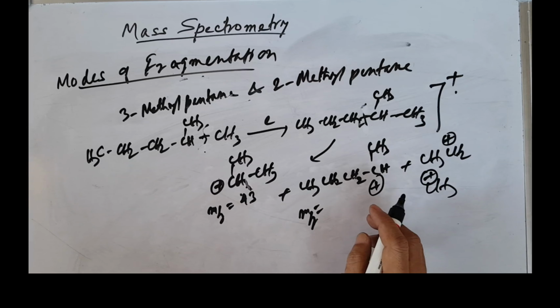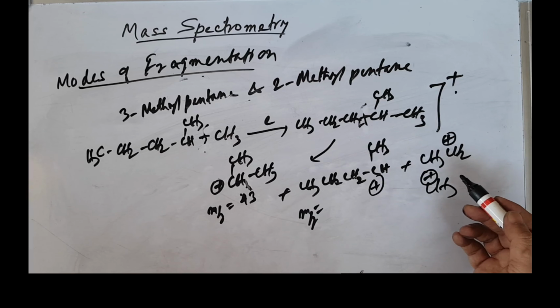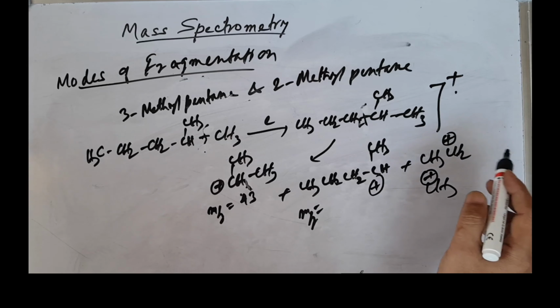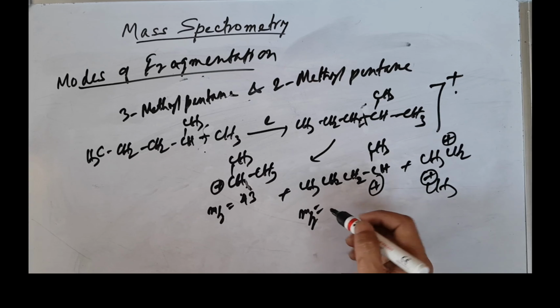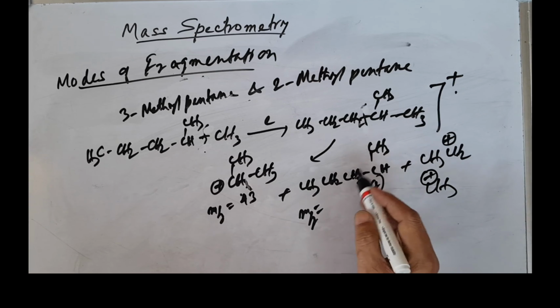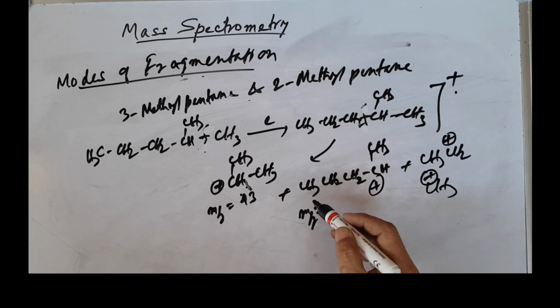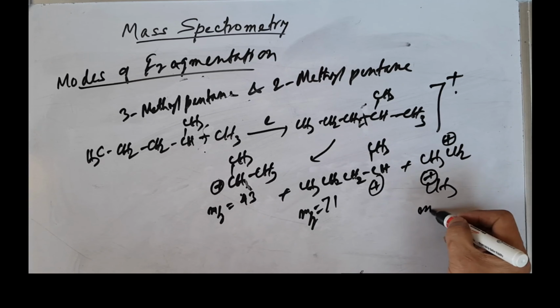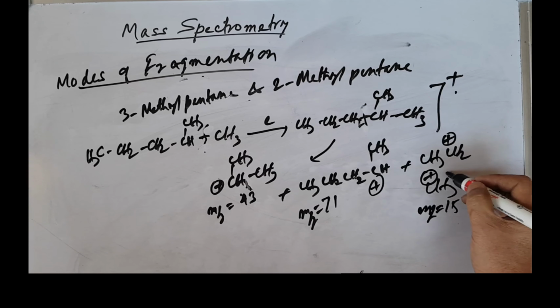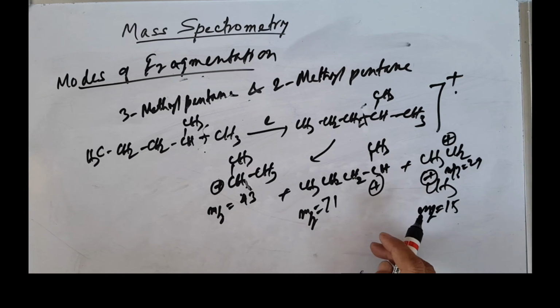Here like this, many permutations can take place. C2H5, then you can have C2H5. So here m/z 71, 1, 2, 3, 4, 5, okay, 60, 1, 2, 4, 5, 71, like this, and this. So many you can have. This is 15, m/z 15, and m/z 29, like the other cases. So you can get so many fragmentations like this.